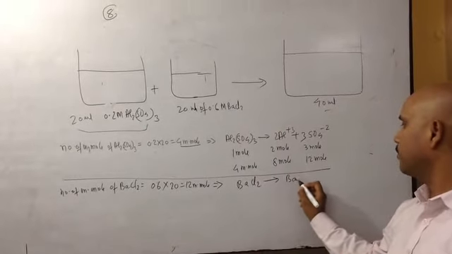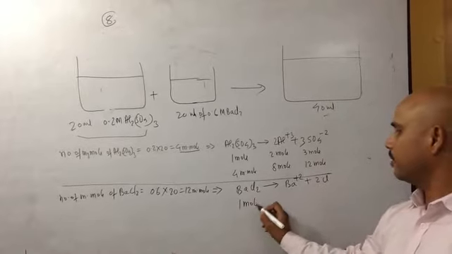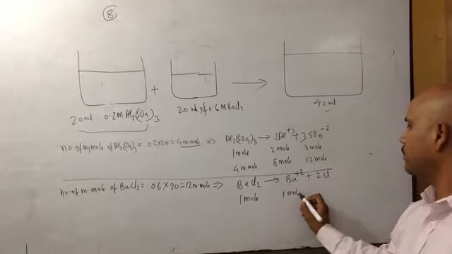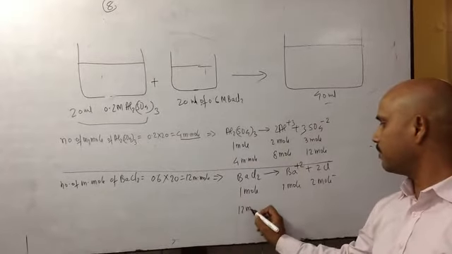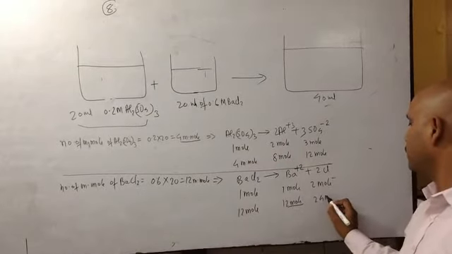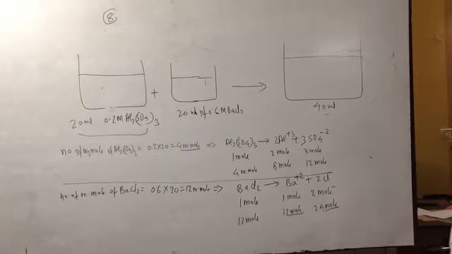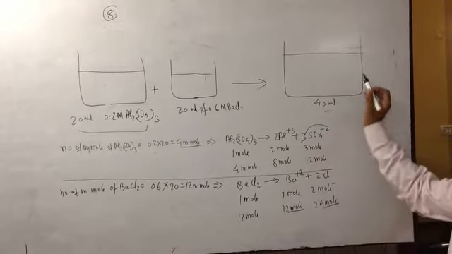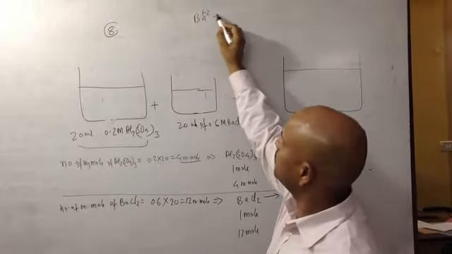Barium chloride when it decomposes produces 1 mole of barium and 2 mole of chloride ion. Therefore, 12 millimole of barium chloride will produce 12 millimole of barium and 24 millimole of chloride ion. Now, very simple. Barium sulfate, barium plus sulfate,